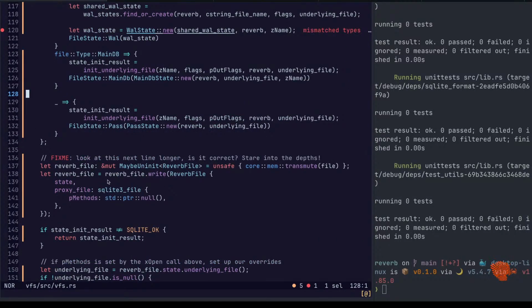So arguably, we should be doing what? So if it's not equal to okay, we do this, but only after this has been set up.